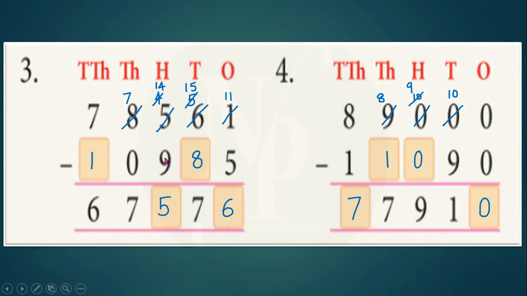Subtracting 8 from 15 you get 7. And here you cannot subtract 9 from 4. You will regroup again. You will make this 7 and you will make this 14. Subtracting 9 from 14 you get 5. And subtracting 0 from 7 you get 7. So here to get 6 we have to subtract 1 from 7, you get 6. Like this we can fill this. Coming to the fourth question,